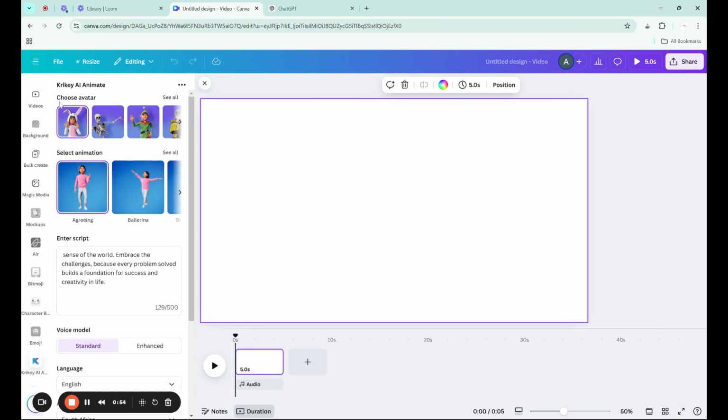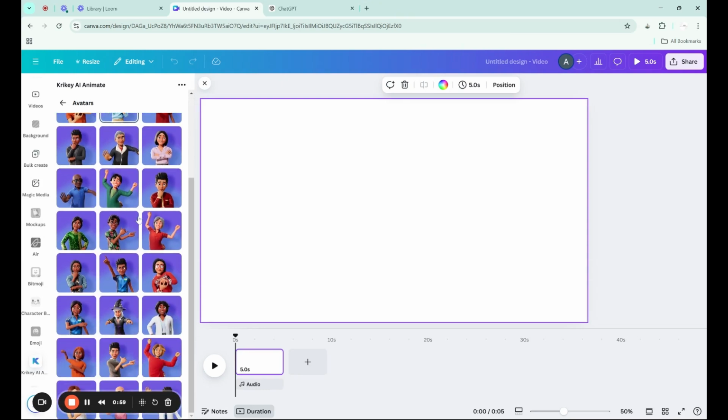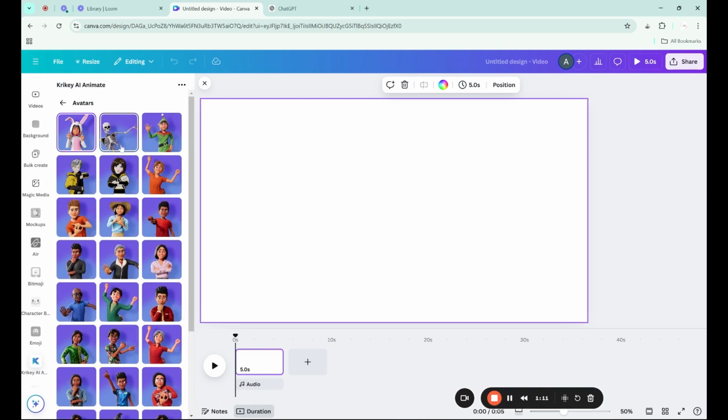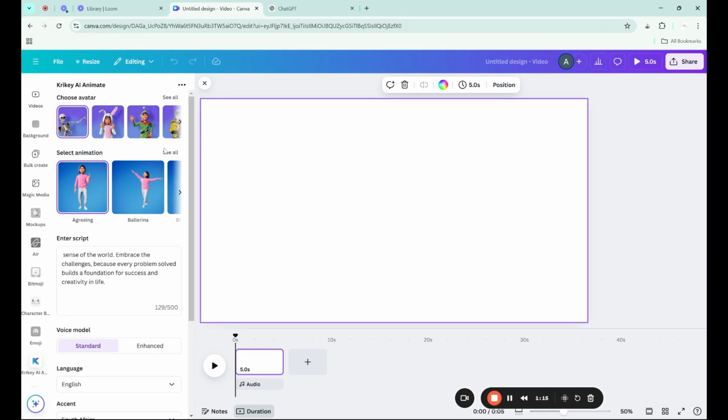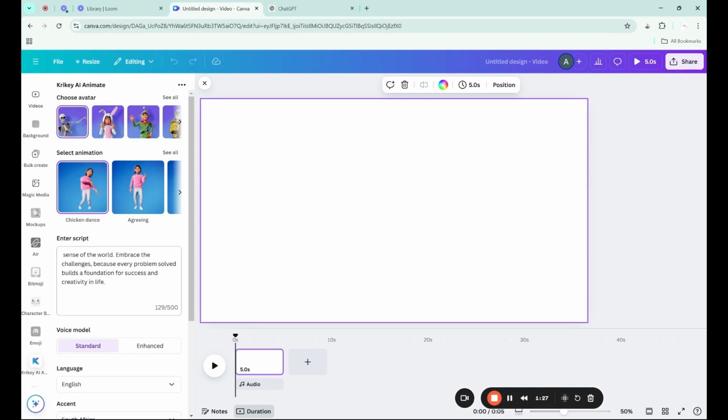And over here, you will actually get to choose an avatar. Yes, these are pretty generic. You cannot customize them, but they have a couple that you can choose from that are actually quite interesting. So I am going to choose the skeleton here for this demonstration, and then you will choose an animation. I'm going to go ahead and choose the chicken dance just to give an idea of how